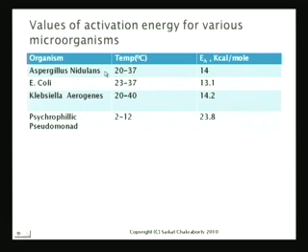Most of them, as you see, grow in this range of 20 to 37. This is 20 to 40, but essentially that is the growth range, and as I said again, that is a very ideal climate, the subtropical climate. And these numbers are around 13 and 14. This psychrophilic pseudomonad, the temperature range is lower here, and it grows in colder temperatures, and the EA for that is obviously larger, right? Because if the actual temperature is lower, then the EA has to be larger.